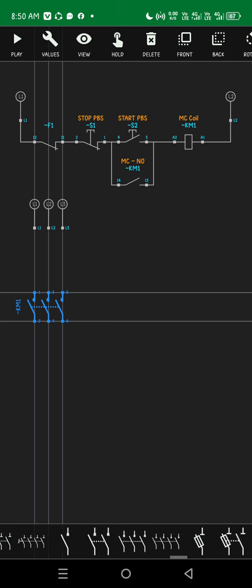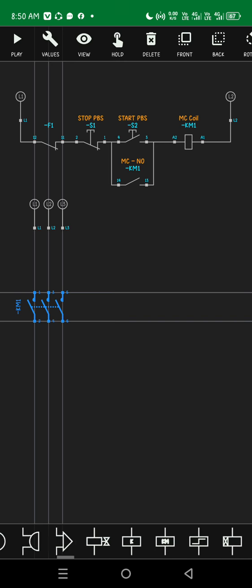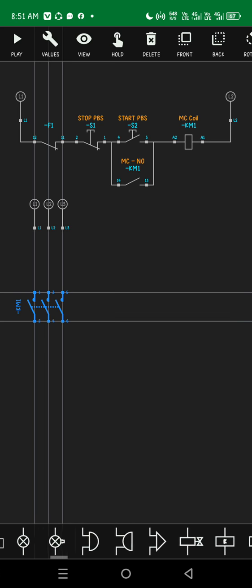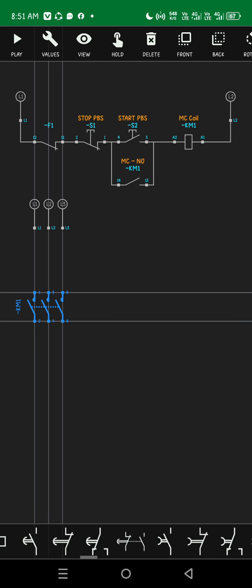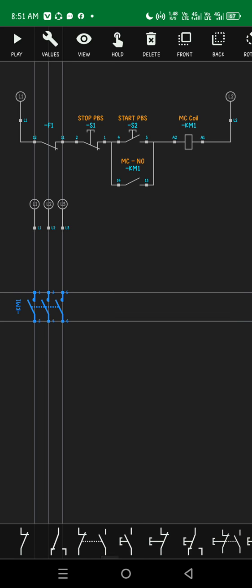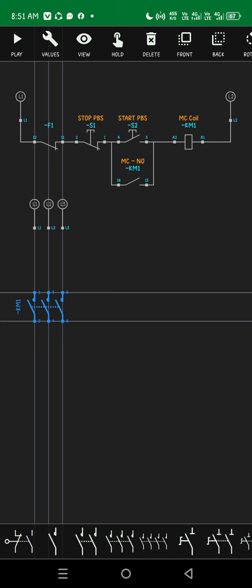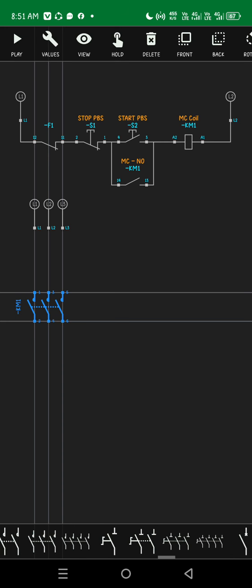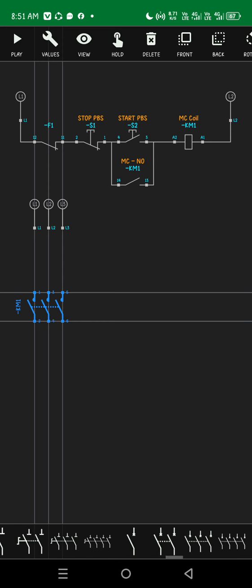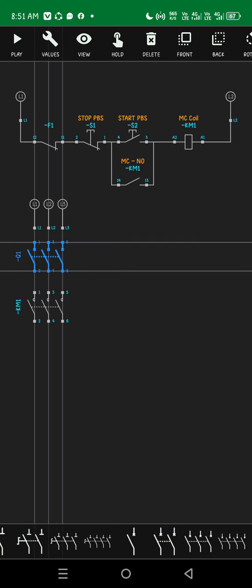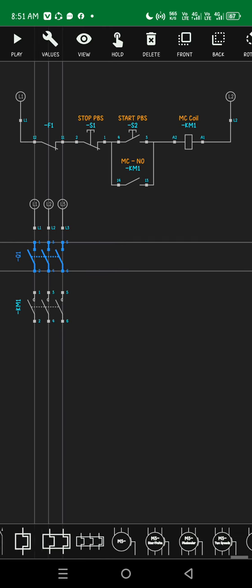So I'll find the circuit breaker. Circuit breaker three phase. So I need to put it here. Then followed by the overload relay three phase.